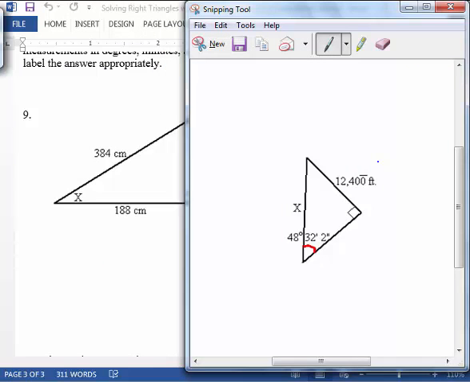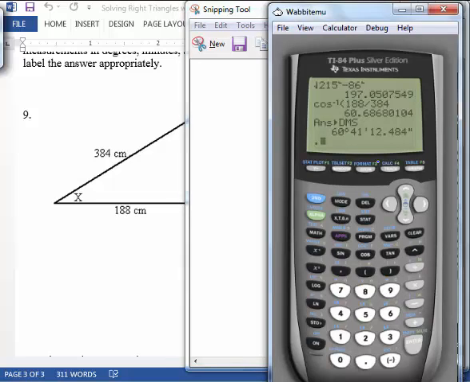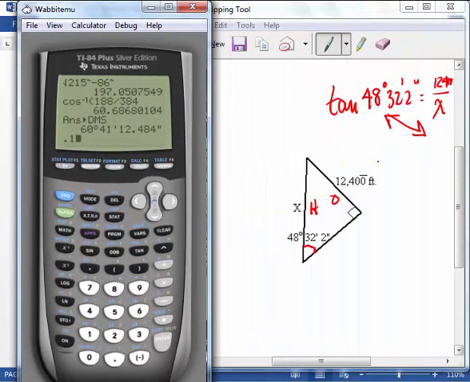Okay, for this triangle, this is the opposite, this is the hypotenuse, so tangent 48 degrees 32 minutes 2 seconds is opposite 12,400 over x. So we can switch those two around and we get x is 12,400. So we press that on our calculator. 12,400 divided by